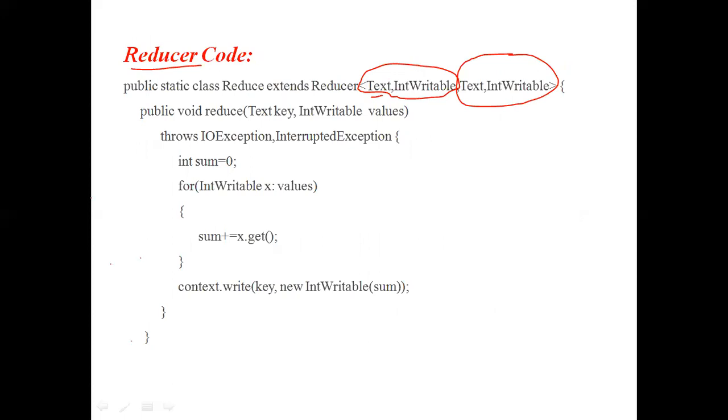Okay, inside this reducer class, when we write reduce, it extends Reducer, where Reducer is a predefined class. The Reducer contains an abstract method called reduce. Reducer is a predefined class which contains the abstract method reduce. We are implementing this reduce. Now in this reduce, we are simply taking one for loop.